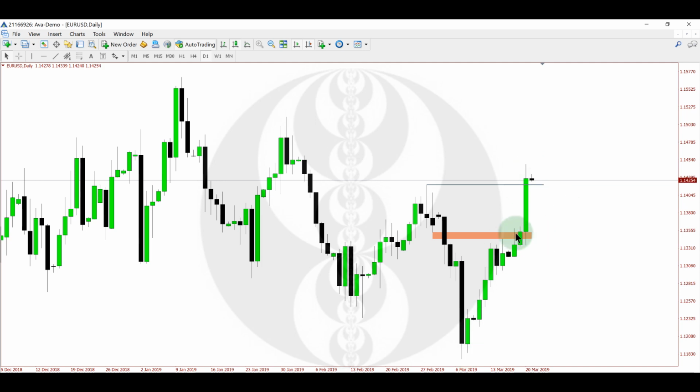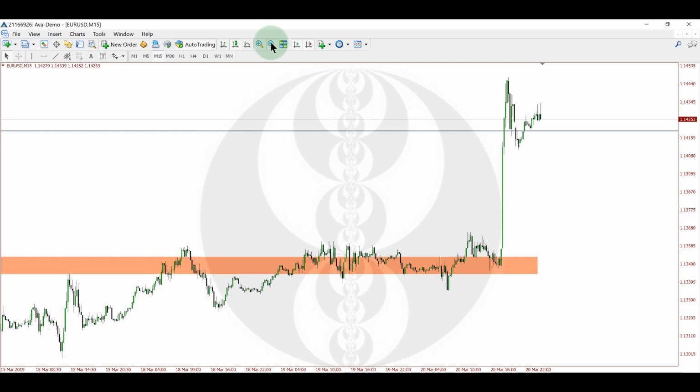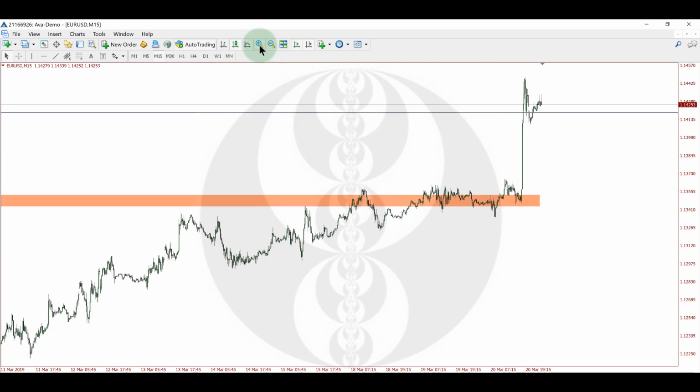Well, when we go down to a lower time frame, I want you to study how this shaded area, and again, go back and look at last Saturday's market review. It's based on last Friday's close of March 15th. So when the markets were closed, I gave you that video on Saturday, and I mentioned that this area is going to be important to me. So if we drop down into a 15-minute time frame and scrunch this up a little bit,